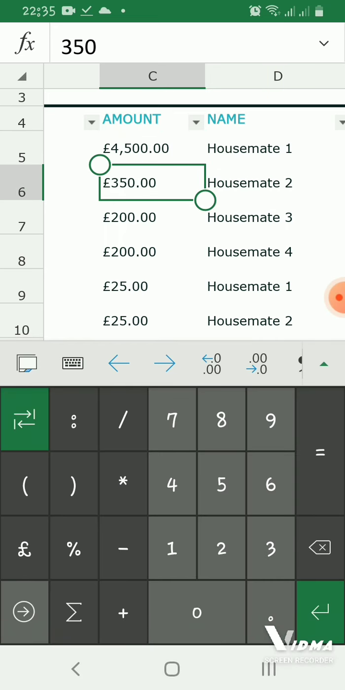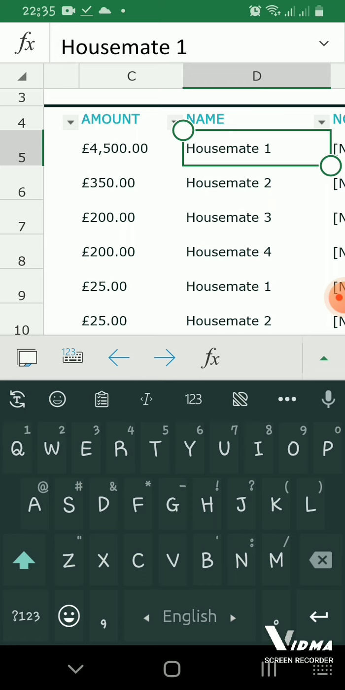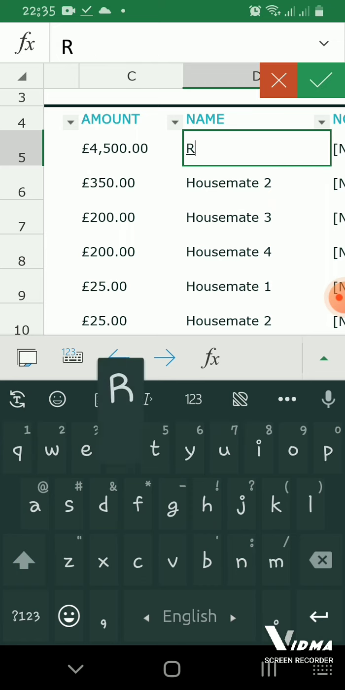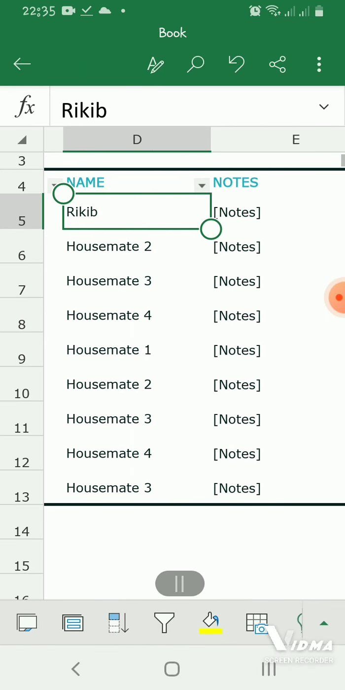So first I type any person's name. So I type any person name, Rakib. Okay, done. So at the top side and right side of Excel, you see a green tick sign. So I click here, click, then